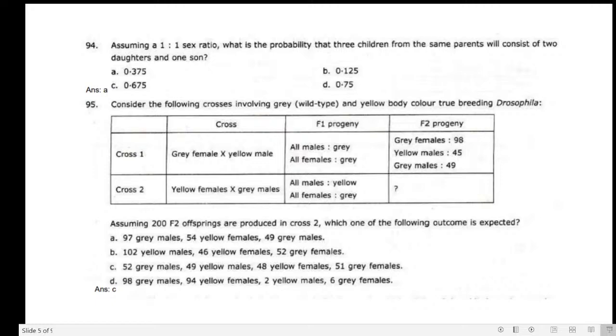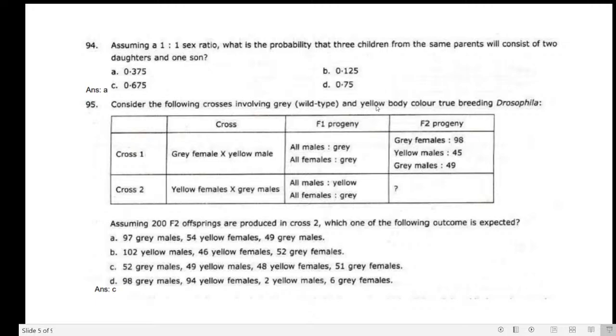Assume a 1:1 ratio. What is the probability that three children from the same parent will consist of two daughters and one son? What is the ratio? The ratio here is 3 by 8, that is 0.37. Next one: consider the following cross involving gray, that is wild type,